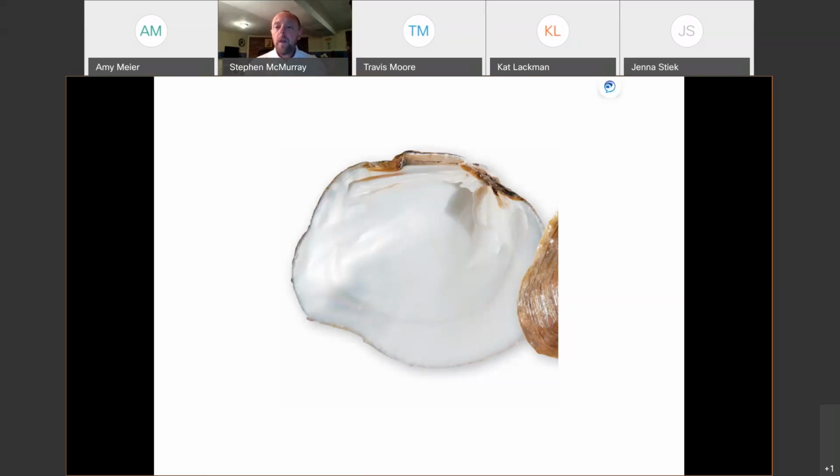Okay. So we'll move into the inside of the shell. And the first thing that I want to point out again is our umbo or our beak up here at the top. Let's get our orientations again: anterior, dorsal, posterior, ventral. Then the next thing that everybody notices is the nacre, which is this lustrous mother of pearl layer on the